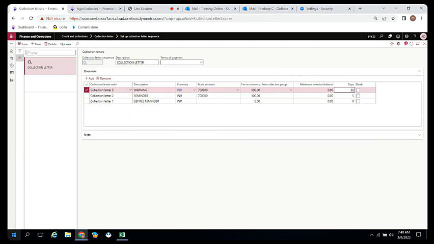Okay, again another letter, collection letter 4. So what happens, if he is still not giving any reply or paying us the amount, then we are going to take legal action. Then it will be 1000. It's 50 days. Okay,